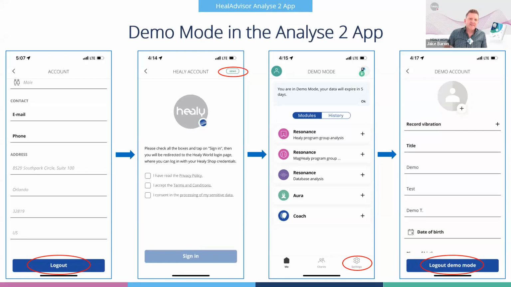Basically, yeah. So to get to demo mode, you first have to log out. That's a good point there. If you're in your account and using your account, okay, I want to loan this Healy to something, whatever. Same thing: go to settings, go to my account or your account, scroll down to the bottom, click log out, and then when you open the app again, you'll be able to click that demo button at the top right, and then go into demo mode, and then do the same thing to log out.